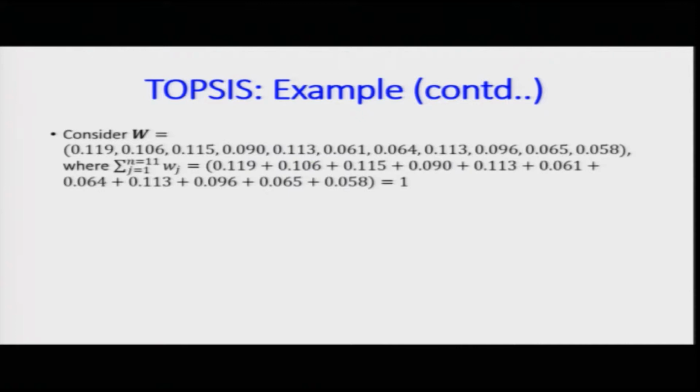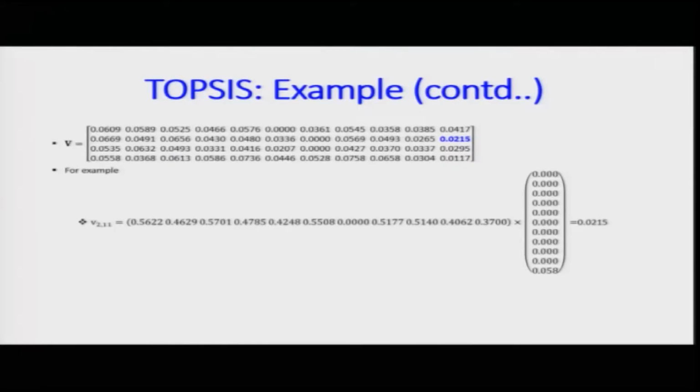Now, given the normalized matrix R, I have already explained how the normalization was done, whether the rows or the columns are being used. You can interchange them, there is no issue. But remember, the R matrix which will be multiplied by W is of size m cross n, which is 4 cross 11 here, and the size of the matrix W would be 11 cross 11. So, this is the value.